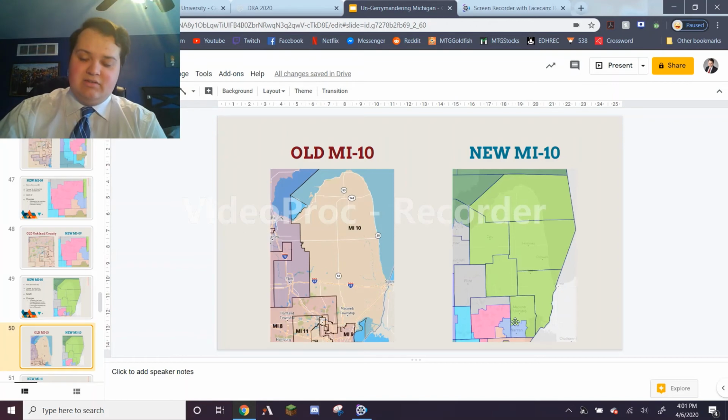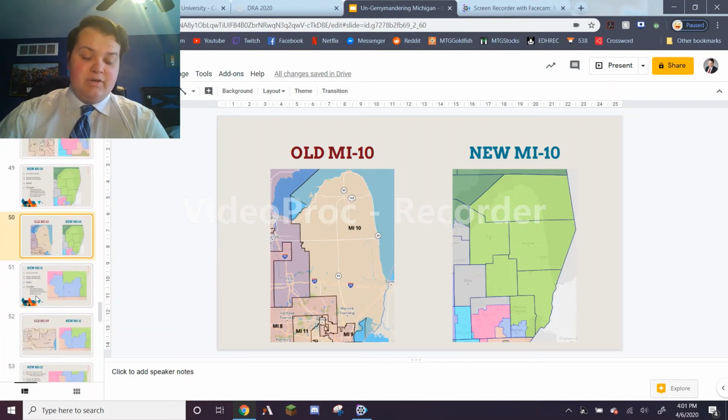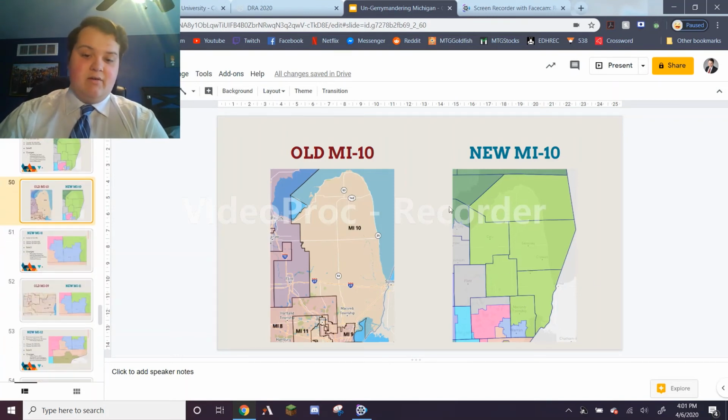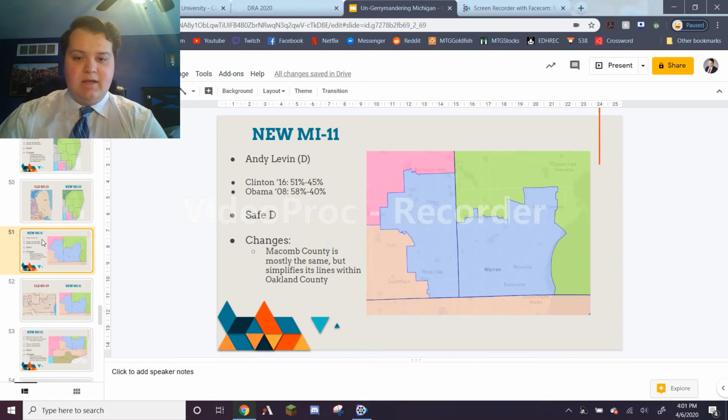The north-south divide in Macomb County is very real. The southern parts of Macomb County are more liberal. The northern parts of Macomb County are getting much more conservative. And when we talk about the fact that Macomb County shifted so hard towards Donald Trump, we talk about Trump Democrats in Macomb County and whatnot. The northern parts of Macomb County are a huge part of that. A big shift there. So that's a very conservative area, and that's the 10th district.